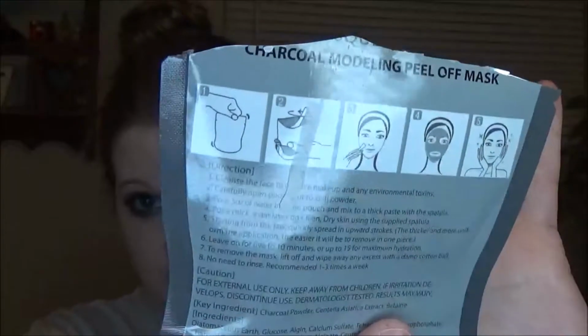And the next thing in here is annoying. It has this girl on the back that looks like my friend Ray, but that's beside the point. This was really annoying. You have to make the mask yourself. It's kind of annoying, kind of cool because you make it yourself, but I